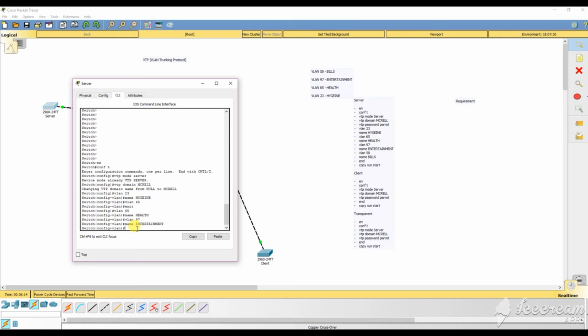Name entertainment. Now we're gonna go to VLAN 58. Let's get it. And this is the VLAN that no one likes. Bills. I mean, if you like bills, you can sure pay mine. And then end, so we can get all the way back to privilege mode, and then copy run start,